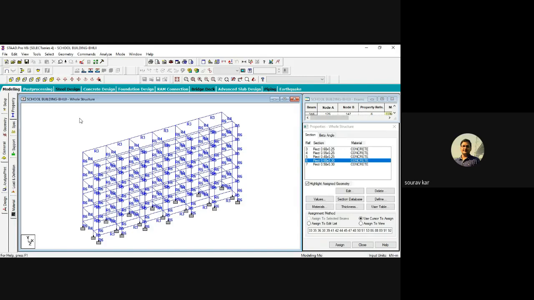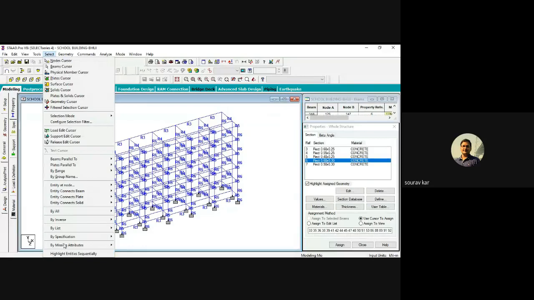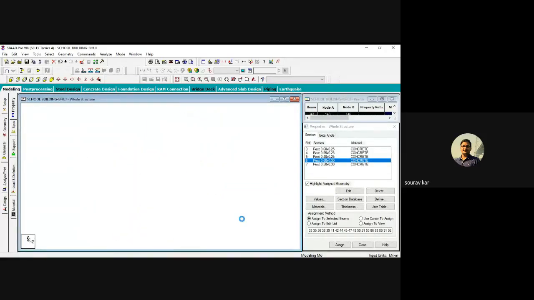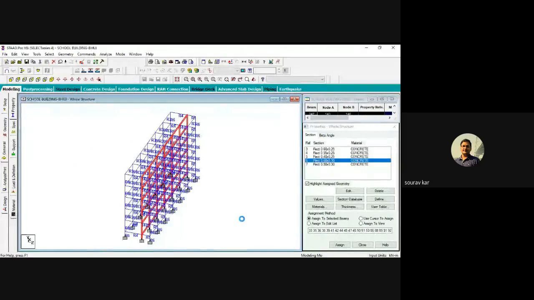So how will you check which properties are given, which are not, if there is any structural element where the property is missing? So very important tool, we will go to select by missing attributes, missing property. Yes. So this is the missing property which is not yet given.